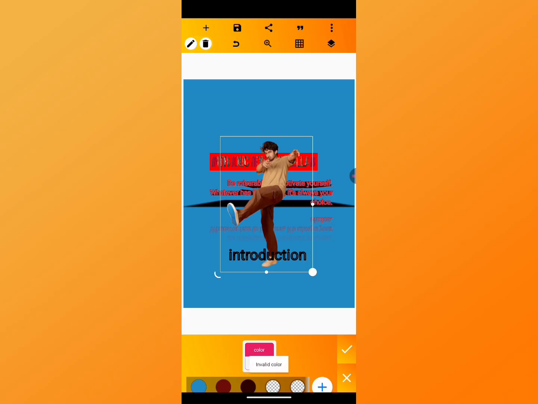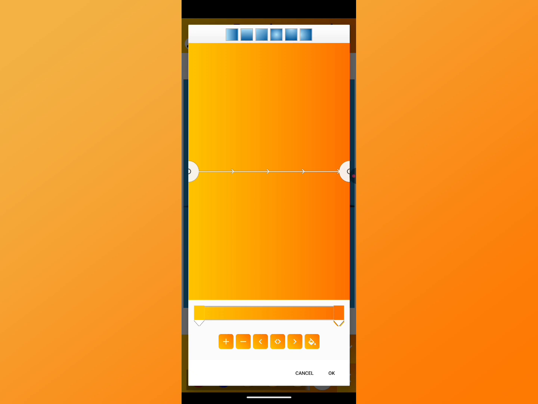So let's press OK. So for the gradient, you can see here the